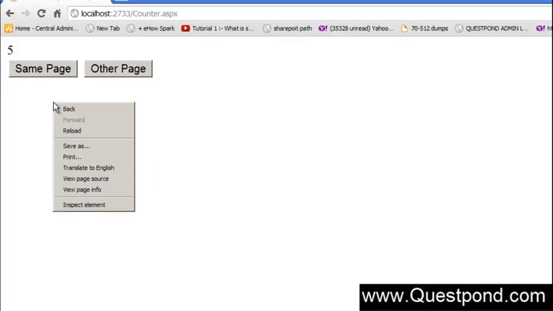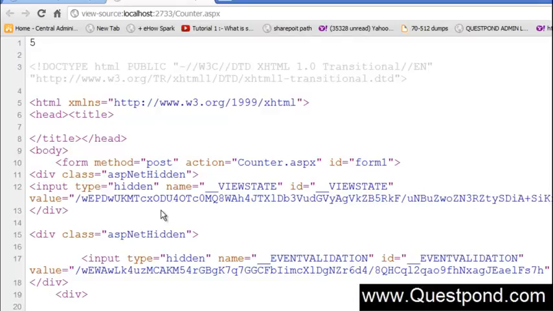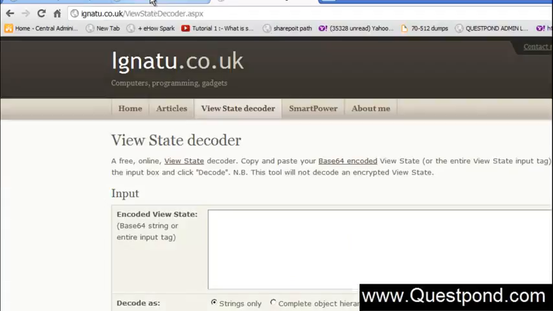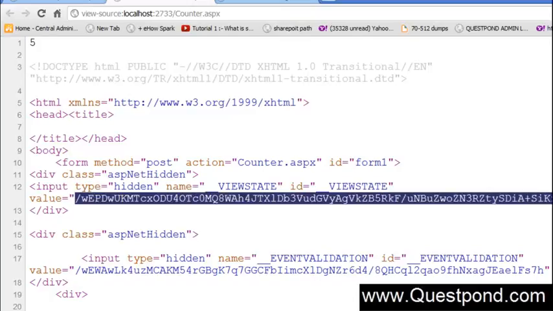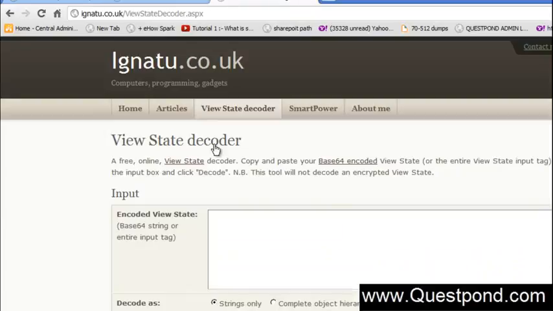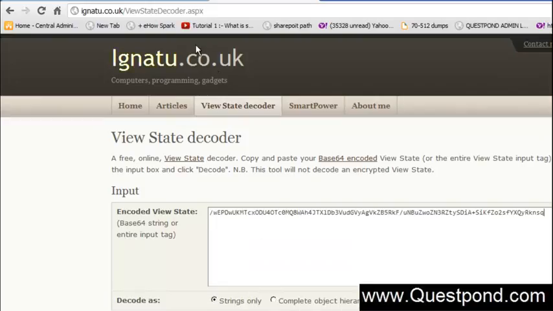So you can see that I have right clicked on the browser, and I'm going to click on view page source. In this page source, you can see that there is a name called ViewState here, and there is some value over here. What I'm going to do is copy this value. Before I copy this value, let me open a site here. Now I'm going to copy this value, which is given in this underscore ViewState hidden field, and paste this whole thing on this site here, that is